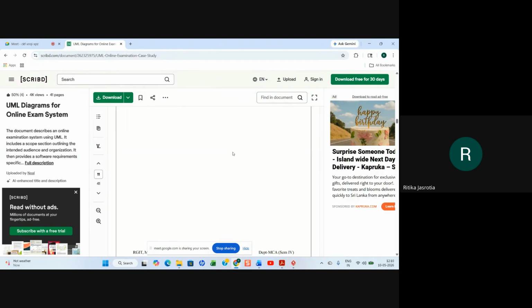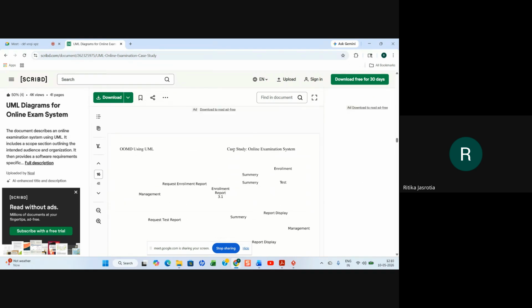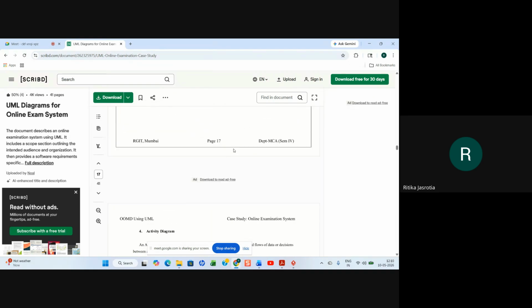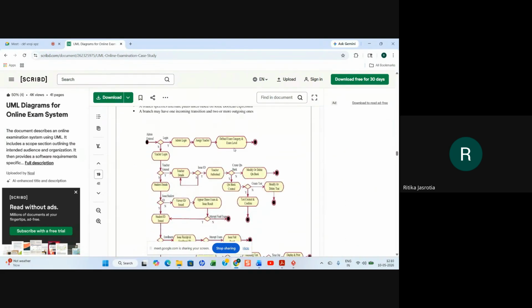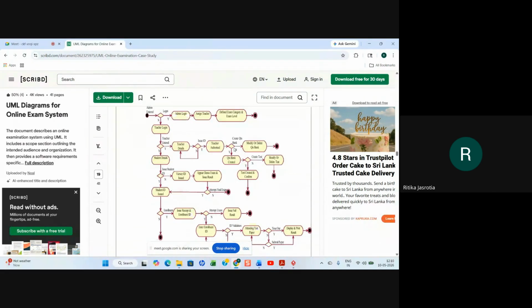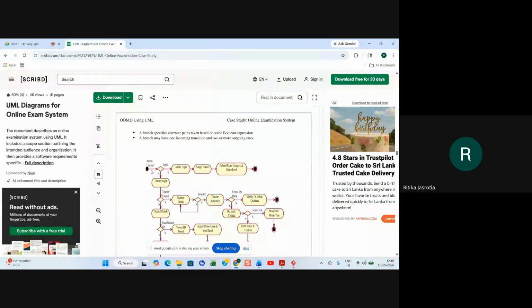Okay, this is a DFD. I don't know whether it is showing the correct thing or not. This is, I think, an activity diagram they have drawn, the activity diagram for online examination. What they have shown: start, login, admin login, assign teacher, define exam category and exam level, and stop.